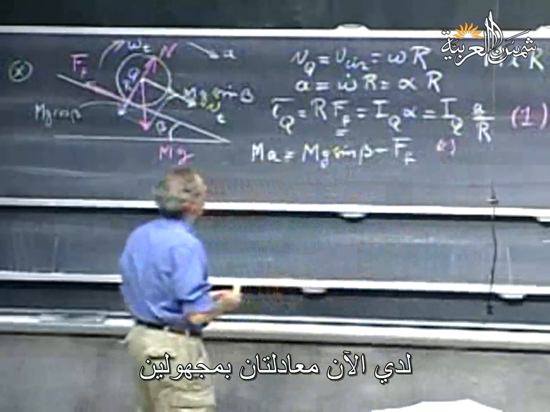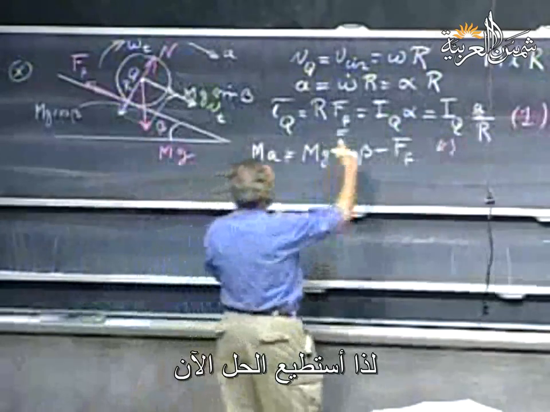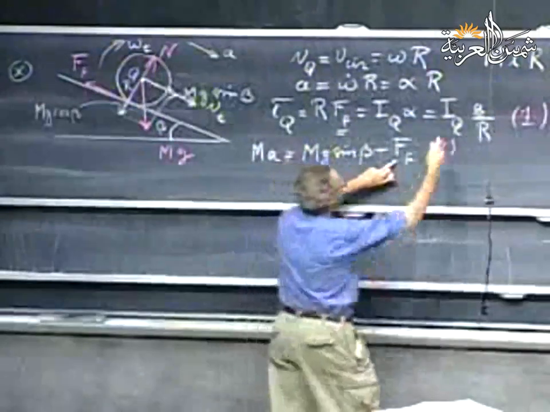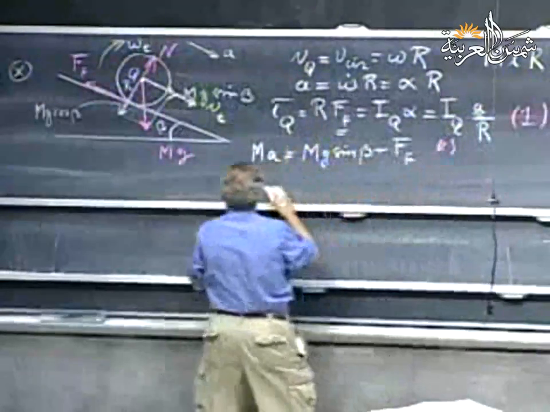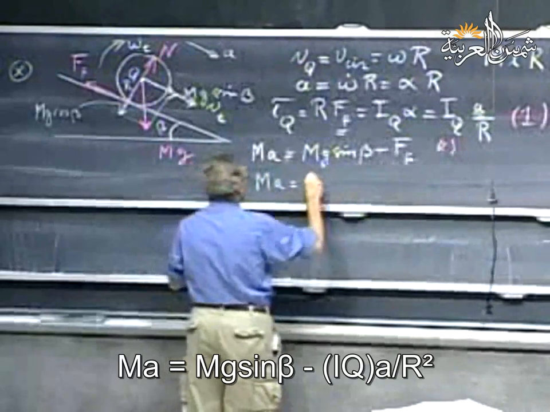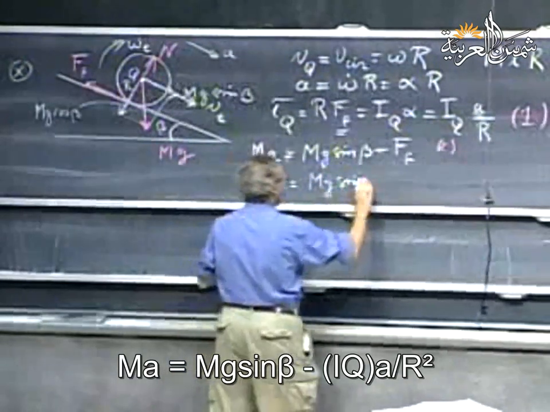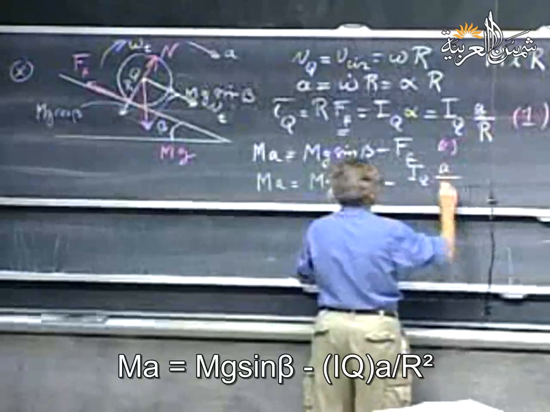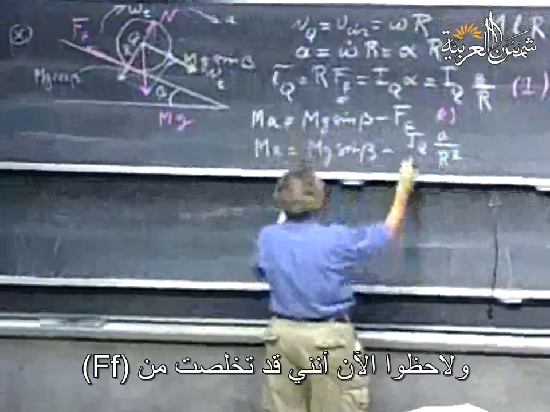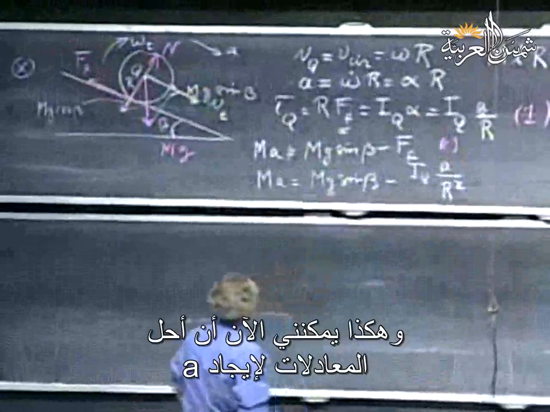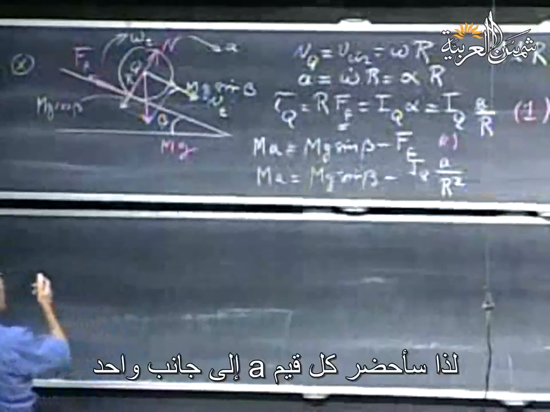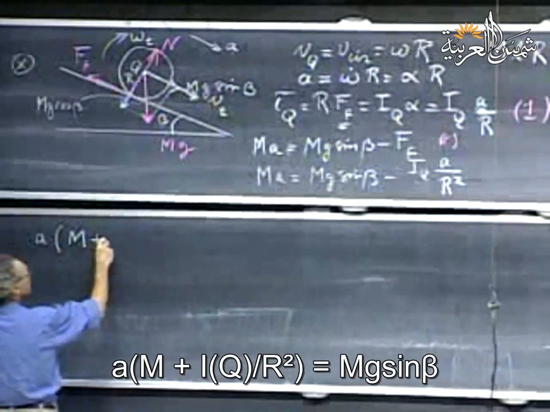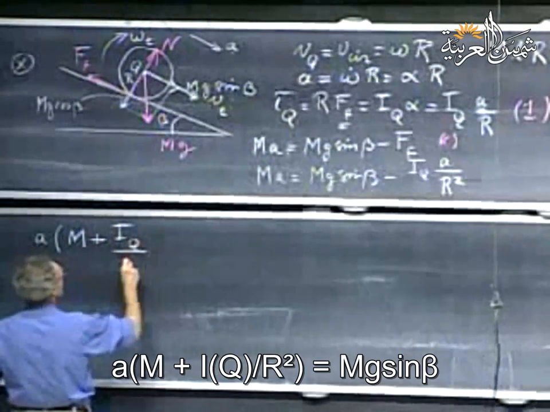Now I have two equations with two unknowns. So I can solve now, I can eliminate ff, and I will substitute for ff in here this quantity divided by r. And so I get ma equals mg sine beta minus moment of inertia about point q times a divided by r squared. And now notice that I've eliminated ff, and so now I can solve for a. I bring the a's to one side, so I get a times m plus moment of inertia divided by r squared